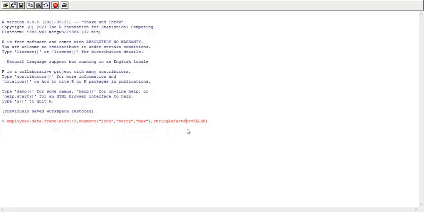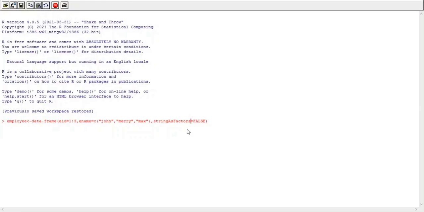Okay, so to avoid this, the stringsAsFactors parameter is used while creating the data frame, and this parameter is set to false. That is, we don't want to treat string type of data as a factor.